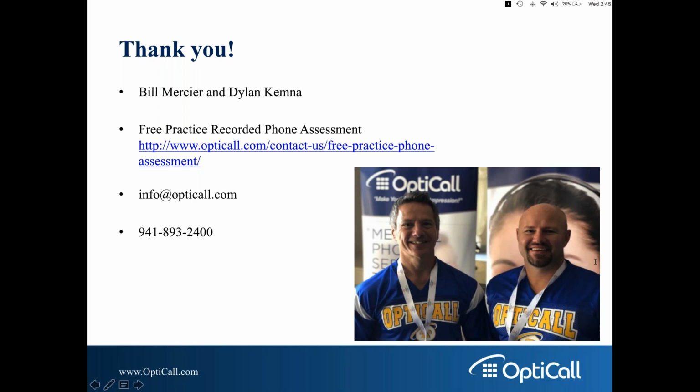That's a good point. And it's also important, if you are working with OptiCall and you have the extended hours of coverage, to get those hours of coverage listed on your website. Chances are you'll see more calls coming in outside of business hours if you let your prospective patients know that you're available. And typically that two-step prompt that Bill's mentioning, it's 2 or 3 steps, but it might be something to the effect of,